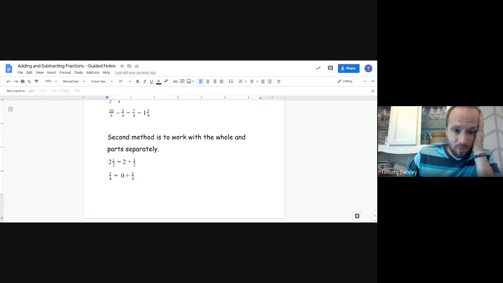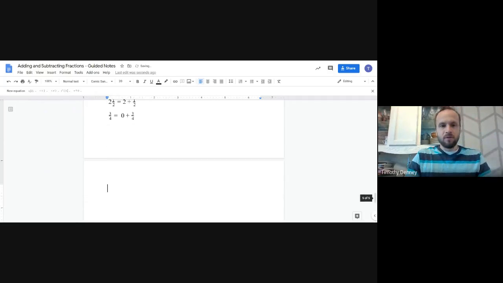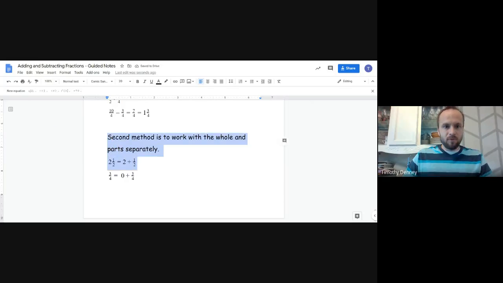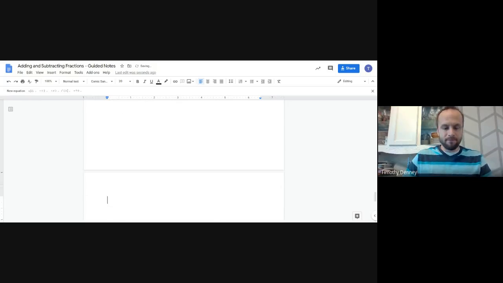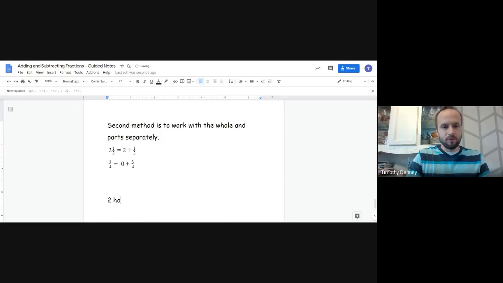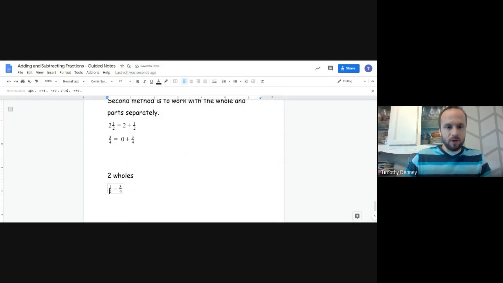So if I subtract the wholes first, 2 minus 0, I'm going to move this down so you can see everything. I end up with 2 wholes. Now if I subtract 1/2 minus 3/4, and I better write that one out, I have to change it to where they have a common denominator. And I know that 1/2 is the same thing as 2/4, so that would be my quickest bet here. To go to 2/4